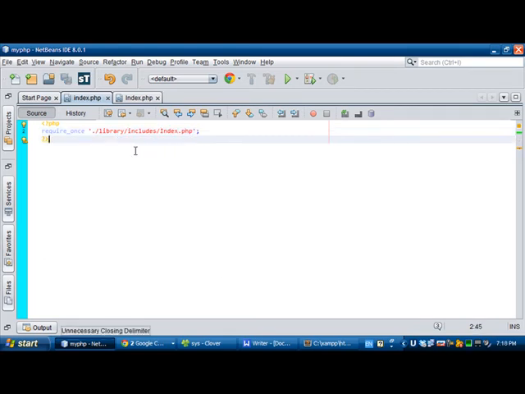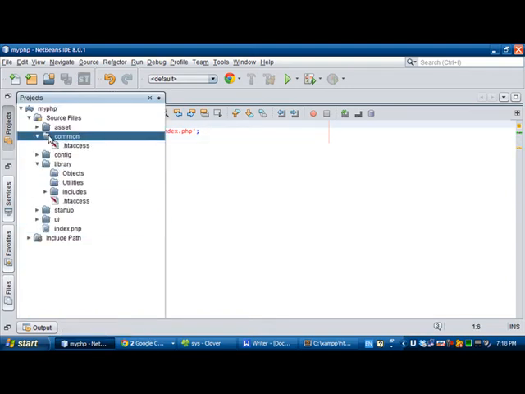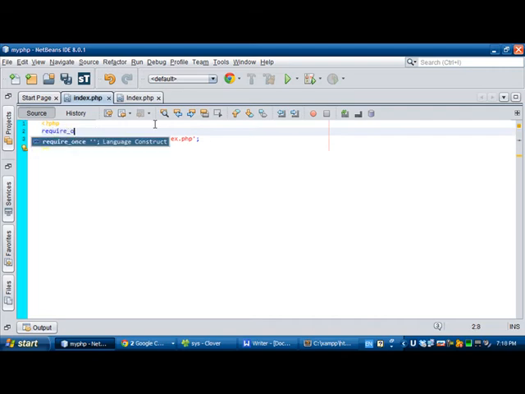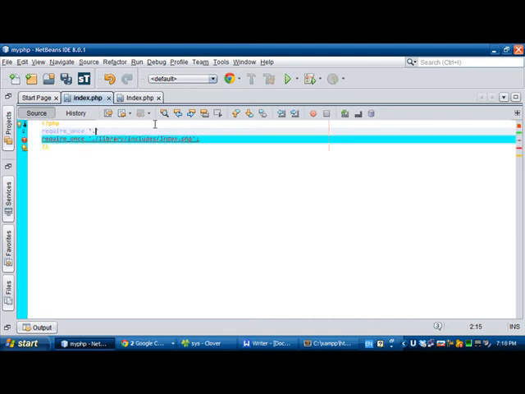So that's it. The common files, the common PHP files should also be called in the index.php file. So require once, so we need to have,